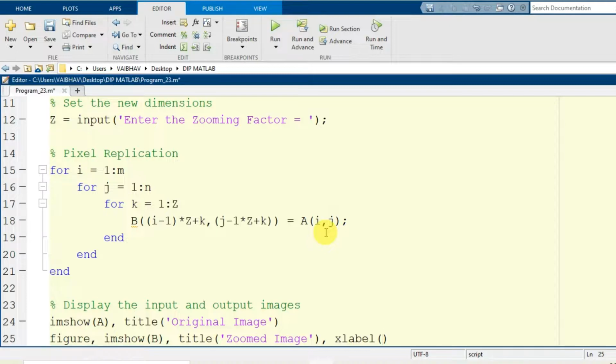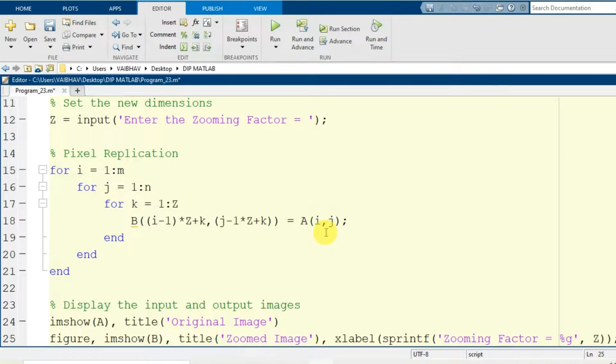For that purpose I will make use of sprintf, where I will write first of all the string zooming factor equal to, it will be represented by %g for printing purpose here, where the value to be printed is the value of the variable Z that we are going to accept from the user from the command prompt here.